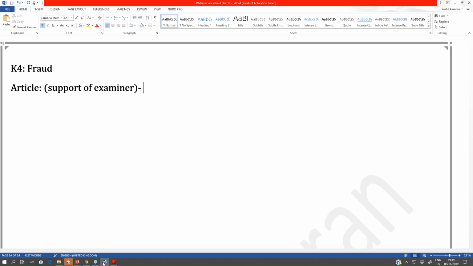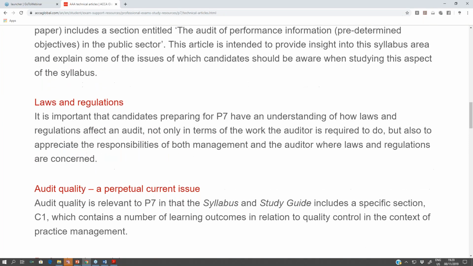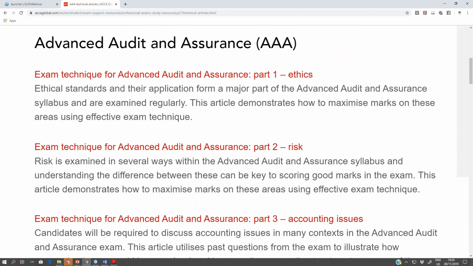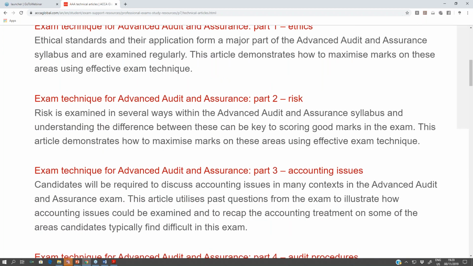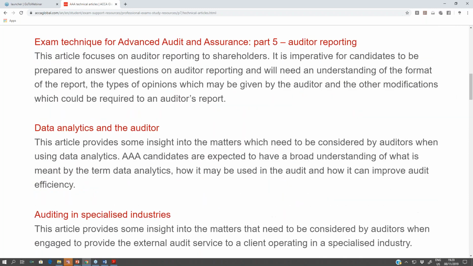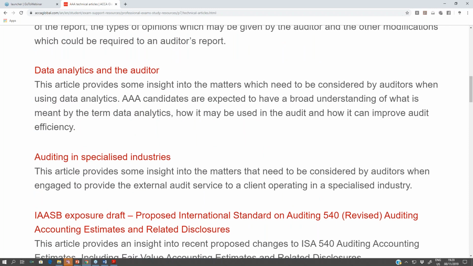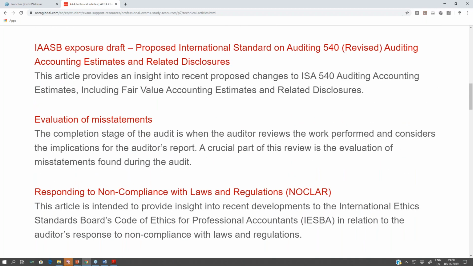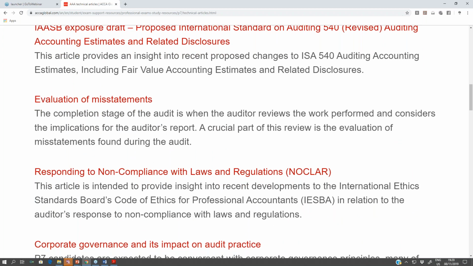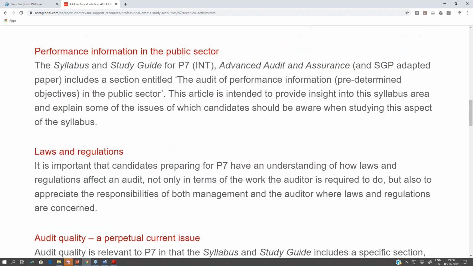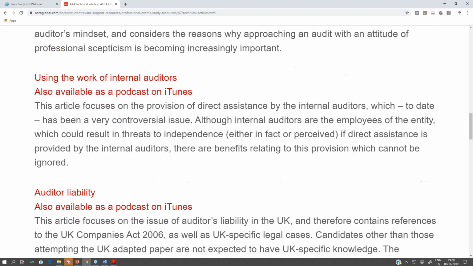Let's search for that. I take you back to the website and we'll explore whether there is any support of the examiner. We start reading from the very top. The first 5 articles are techniques, 1, 2, 3, 4, and 5. So leave them out. Data analytics we are doing today in the next session. Audit in a specialized industry, evaluation of misstatements, responding to NOCLAR, corporate governance and its impact on audit practices, auditing disclosures, laws and regulations, professional skepticism, auditor liability,